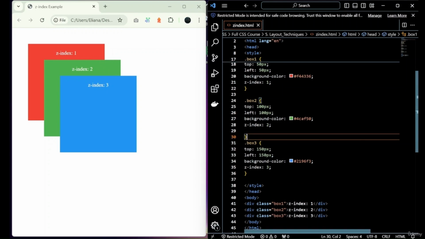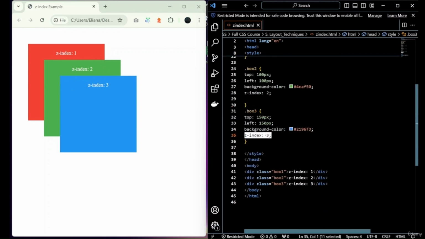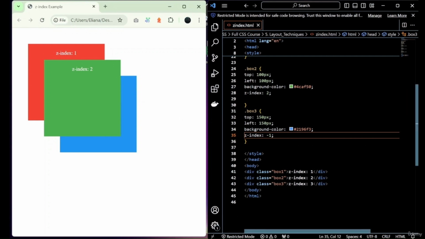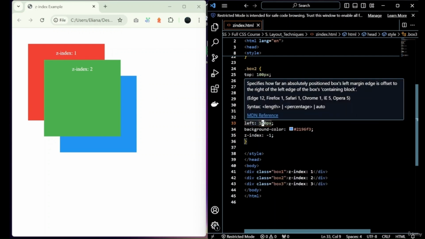You can see it, right? And for the third box, we have a z-index of 3. Therefore, it will go on top of the first one and the second one. So let's say that we change our opinion and now we want the blue one to be actually under the red one, right? So then we apply -1. So let's see. Apply here -1, right? And to see the effect, let's apply only 10